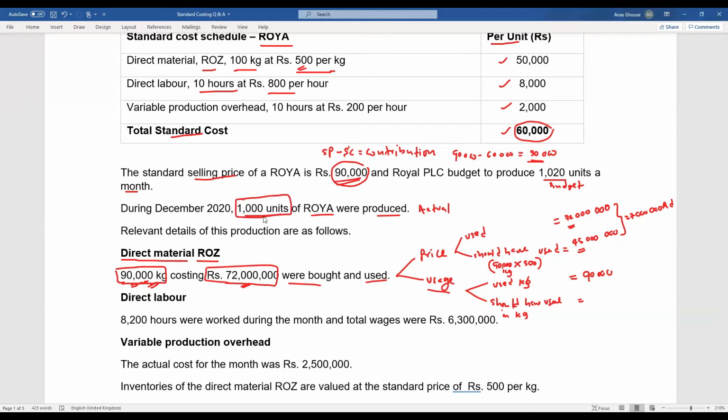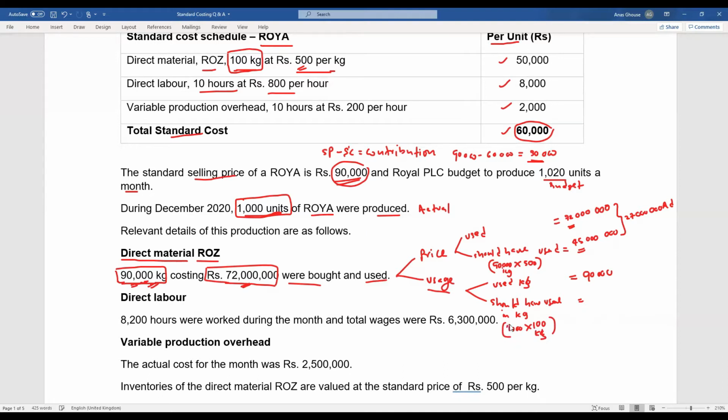How much should we have used? We planned to use 100 kg per unit. So for the actual production of 1,000 units, times 100 kg per unit,